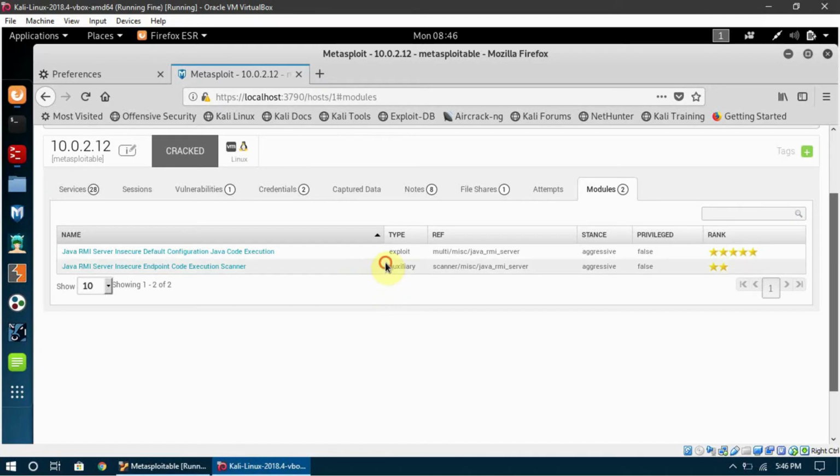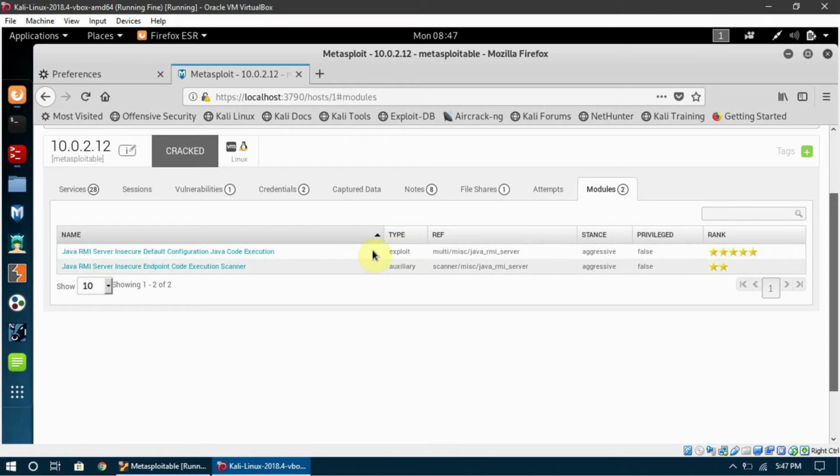But the auxiliary type of payloads are the kind of payloads which only tell us information about our target. So if we find a vulnerability, and if we find an exploit which is an auxiliary exploit, even if we run it, we cannot gain access to the system. We will just be able to find more information about the system, and it will be an information gathering tool. So we will gain information, and then we can exploit it.